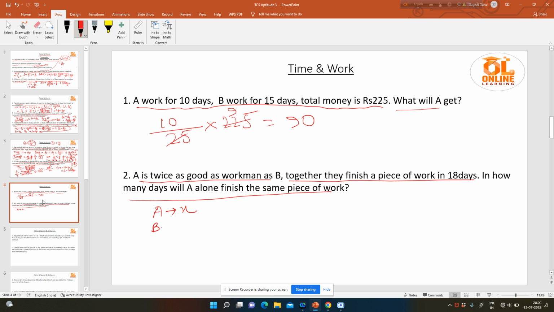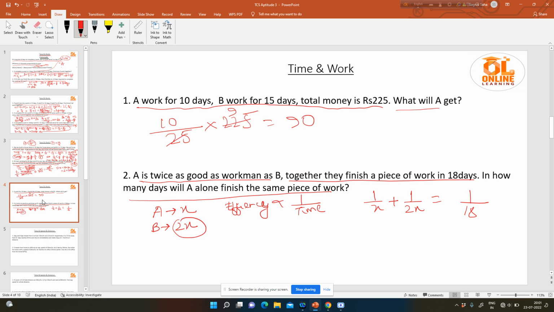So B would complete the work in 2x days, because we know efficiency is inversely proportional to time. As A is twice as good a workman as B, B would take 2 times more days to complete the work. So A's 1 day work will be 1 by x, B's 1 day work will be 1 by 2x, and that would be equal to